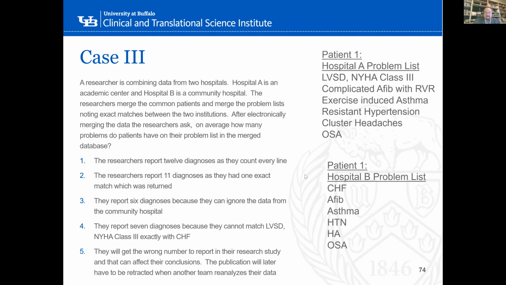Same thing with AFib with rapid ventricular response. It could be an episode, or it could be that the person's really having trouble, and that's what their problem is. And the same thing with exercise-induced asthma. It could be a separate type of asthma, and they may just have regular asthma too, or it could be that their asthma is really just exercise-induced. The only time they get it is when they exercise. All of these things, and I could go on and on with the other ones as well, but you need more information. That's the right answer.